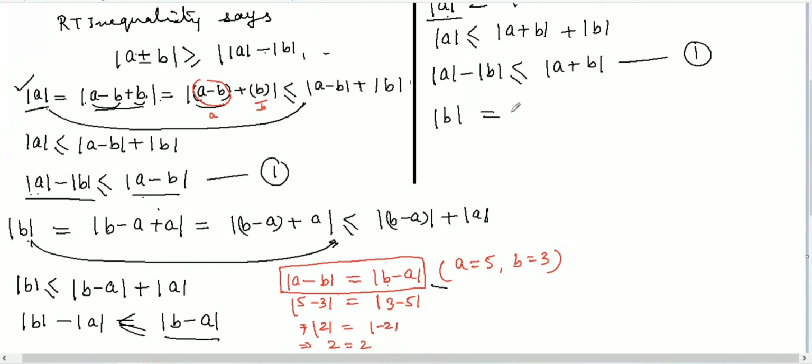Here we will start by taking the absolute value of B plus A minus A. So same thing, plus A minus A cancel, it will be the same on both sides. Now here we will take B plus A inside the bracket and minus A, and give the absolute value sign and use the triangle inequality. This will become less than or equal to the absolute value of B plus A plus the absolute value of A. We use the triangle inequality here.